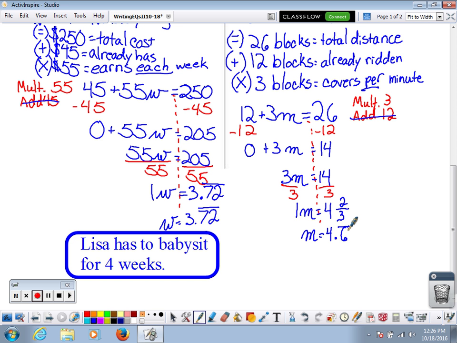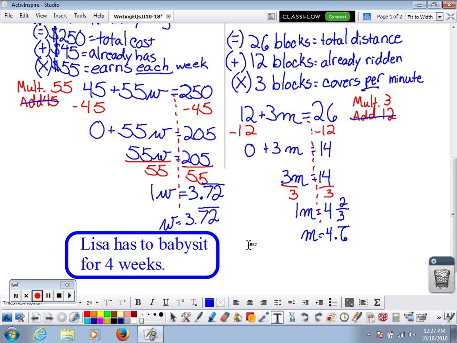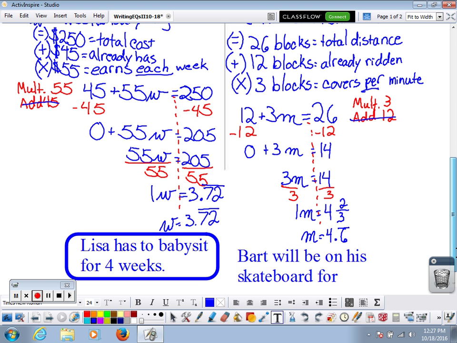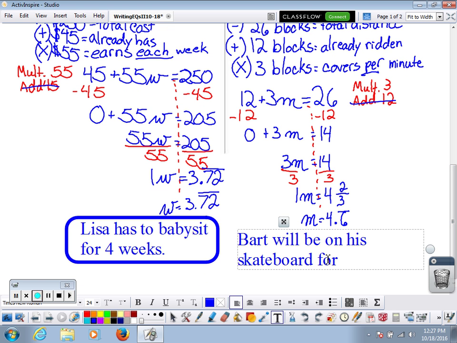Now, let's write our complete sentence answer. So M is how many minutes he's on his skateboard. How many minutes is he on his skateboard? About 5 minutes, but we can actually be precise on this one because there are fractions of minutes. Okay, we call them seconds. So we can say Bart will be on his skateboard for 4 minutes